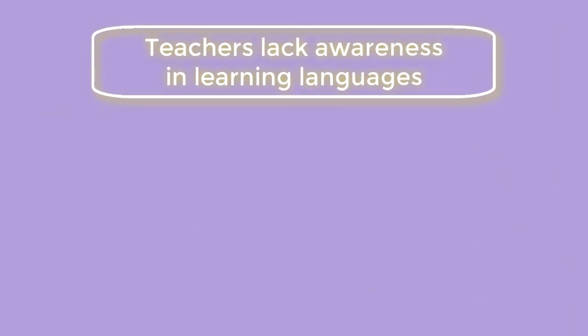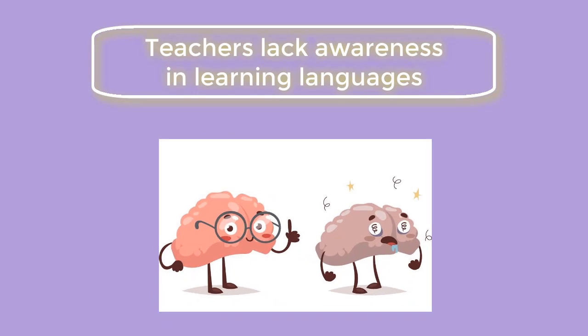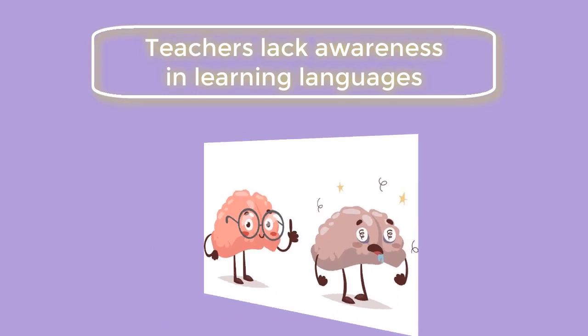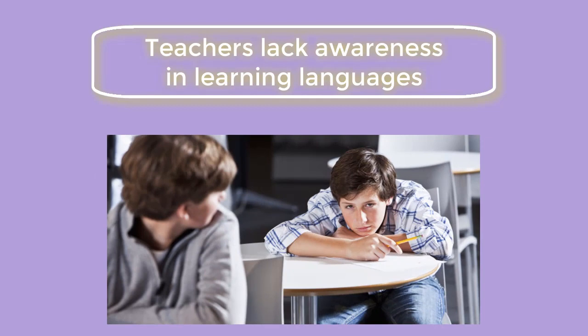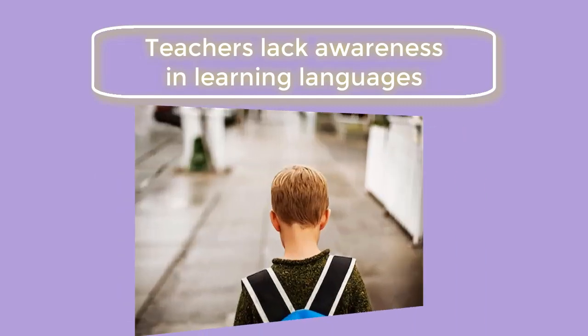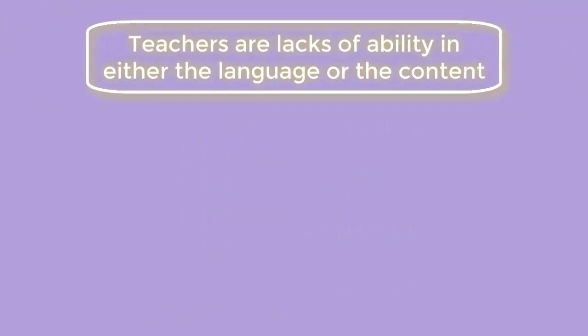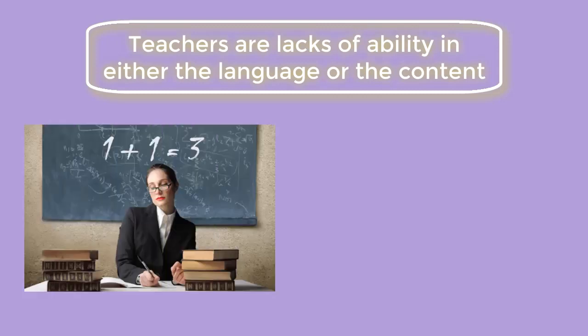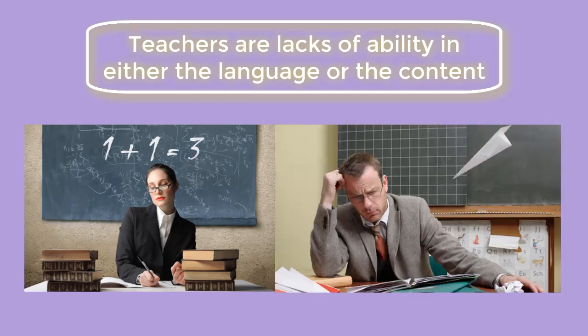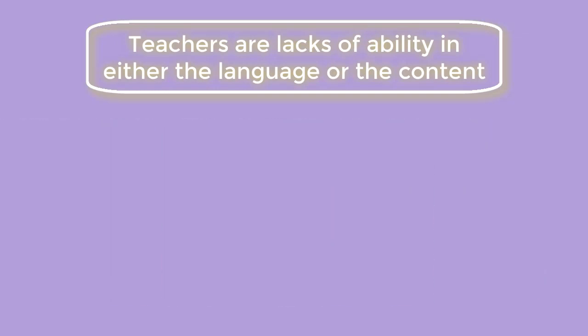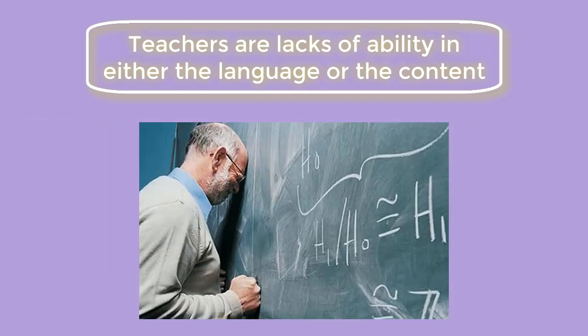First, teachers sometimes lack awareness of learners' language learning. Because learners of different language proficiency have to learn in the same class, some teachers cannot use CLIL with learners who are weak in L2 proficiency, so they are demotivated to learn. Second, teachers lack ability in either the language or the content. The teachers of language do not have enough knowledge of content, and the teachers of content cannot speak L2 appropriately. Thus, when the content teachers teach a CLIL class, they might speak in their mother tongue, while language teachers do not focus on the content enough.